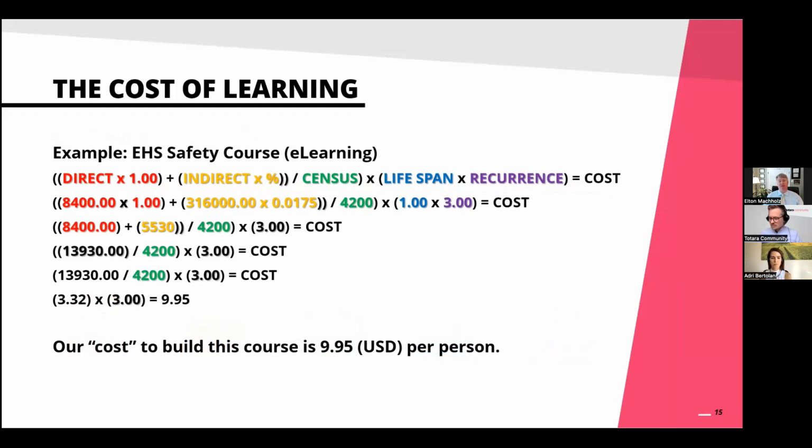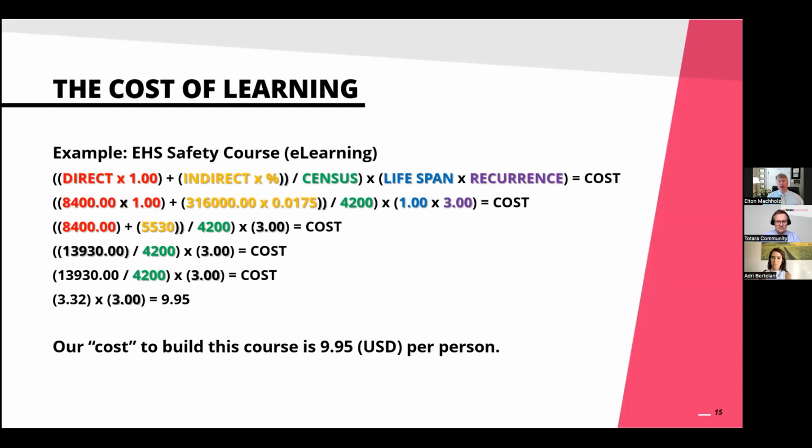The first one here obviously is a health and safety topic. So I won't say this is bloodborne pathogens, but it might be. In this case, we've got our direct costs, our indirect costs, our census and all that. We know that we spend approximately $8,400. I am going to be using US dollars, but you can use this in any currency you choose, as our direct cost for build. That includes my time, the licensing, the reviewer's time, the editor's time, the media team that helped build my imagery, and the creative services group who did a real quick video snippet that they developed